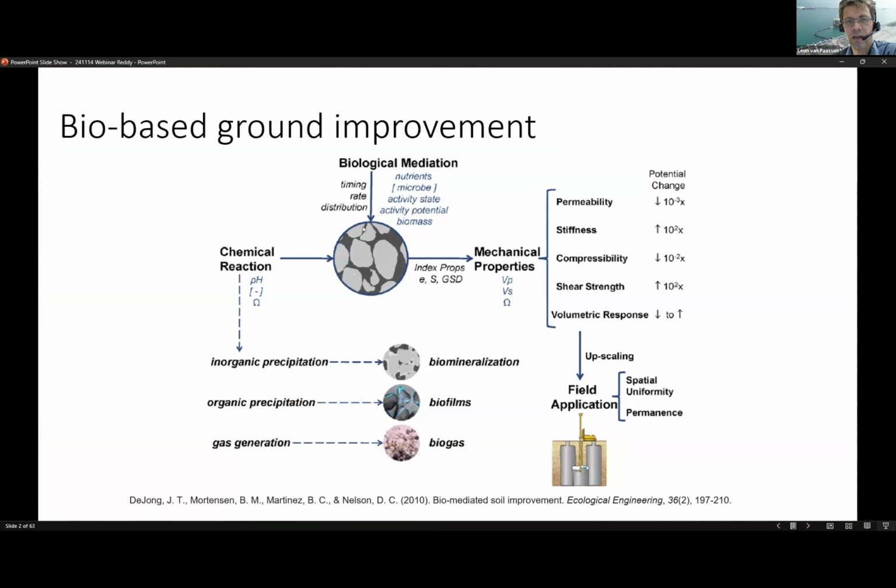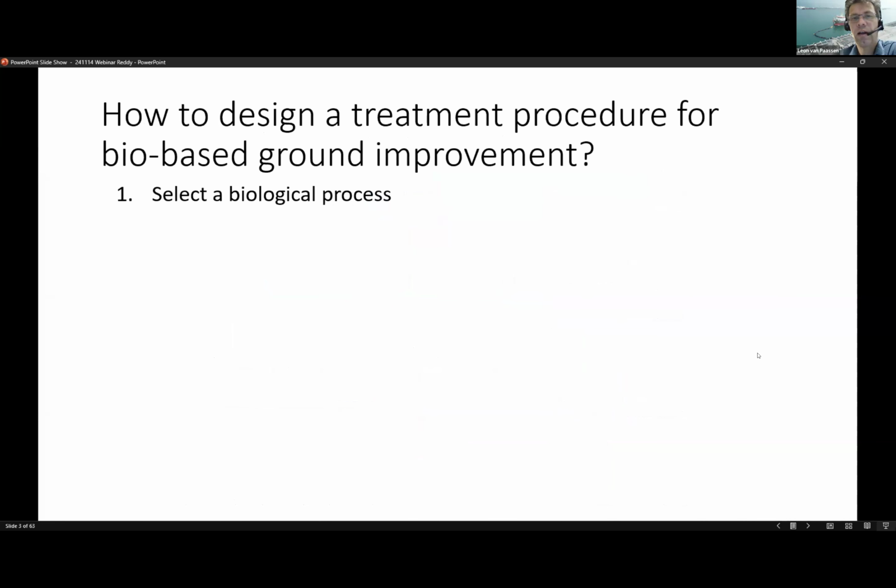In general, we're trying to use biology to stimulate a chemical reaction that may result in products like minerals, biomass, or biogas, and these products then affect the mechanical properties of the soil, which then eventually, if you apply it at a large scale, can be used as a ground improvement method. But then the main question obviously is how to do that, how to design a treatment procedure for such a